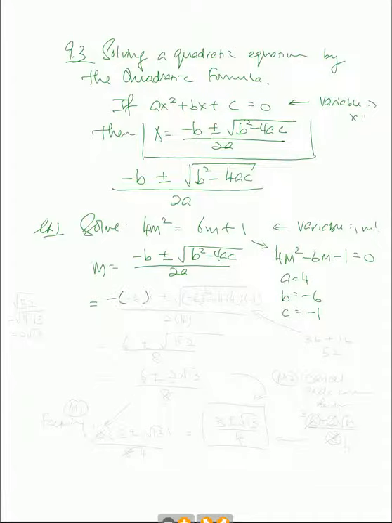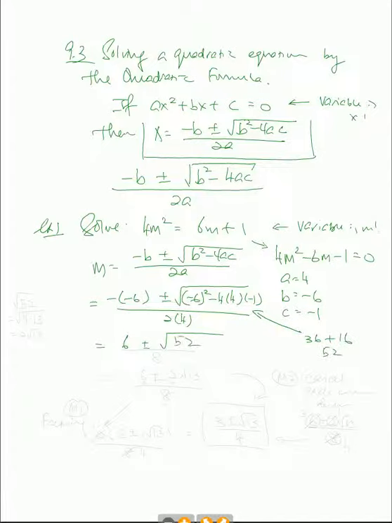So negative b is negative 6, plus minus the square root of negative 6 squared minus 4 times a and c. A is 4 in this case, and c is negative 1, and the whole thing is divided by 2a, or 2 times 4. So what you have is 6 plus and minus square root of. So let's work out what's in the radical. Negative 6, when you square it, is 36, and minus minus is plus 16, so that comes out to be